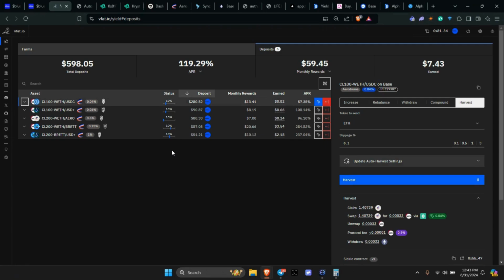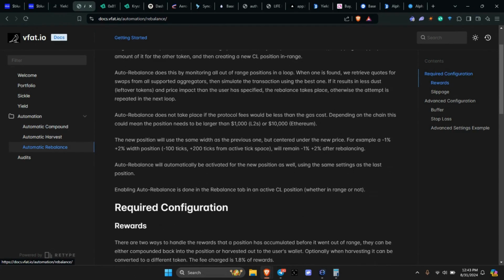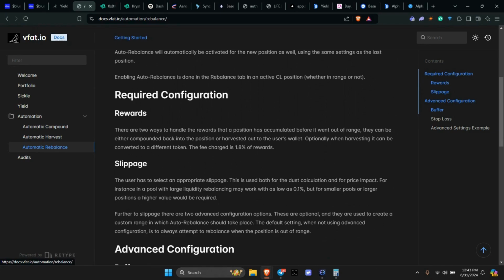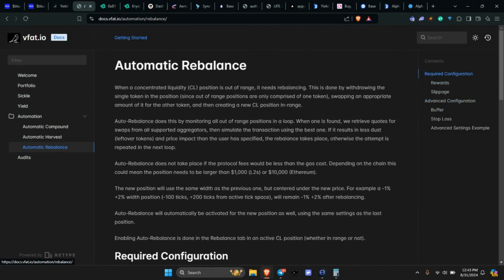it's at 1.8%, is that what I think they said? 1.8% to rebalance. Go back up. So on the rebalance, okay, that's the auto comp. Okay, so on the rebalance, I thought it was 1.2% to do a rebalance. So that's what I'm saying. So you're talking on a $1,000 position, you're talking what, $10.80 per rebalance. So you don't want to be doing that, especially multiple times a day. That is the last thing you want to be coming in here doing. So let me just make sure that is right.